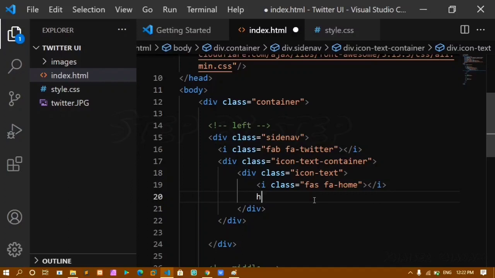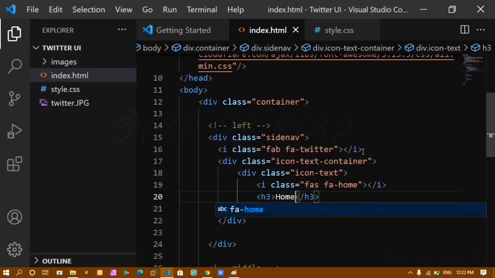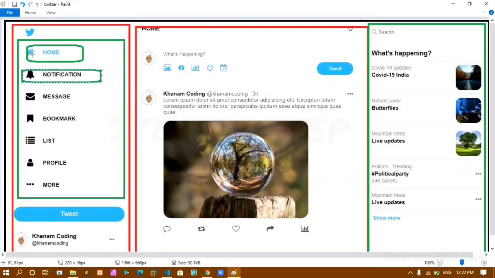For that I'll be using my h3 tag. Inside h3 I'll be giving home. I'll save this. Now if I refresh, you can see my home icon and home text and Twitter icon. You can see these are on different lines, but in our project we have it in a single line. We'll be seeing how to style this one.